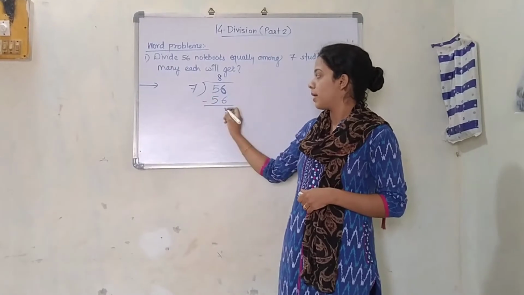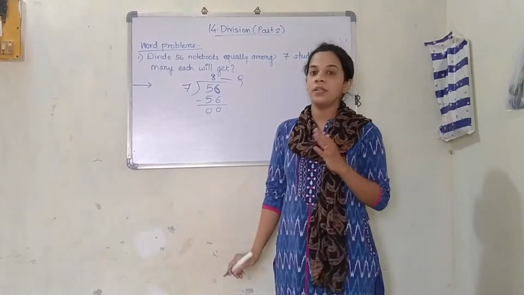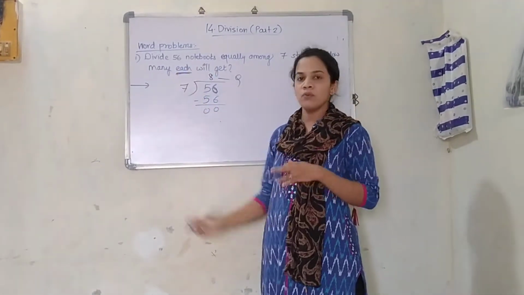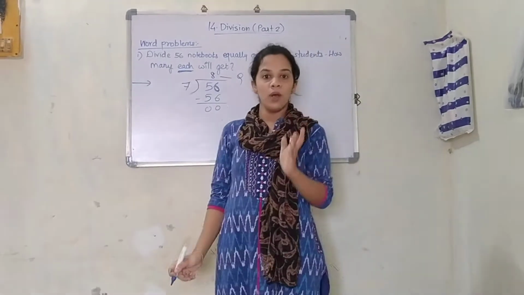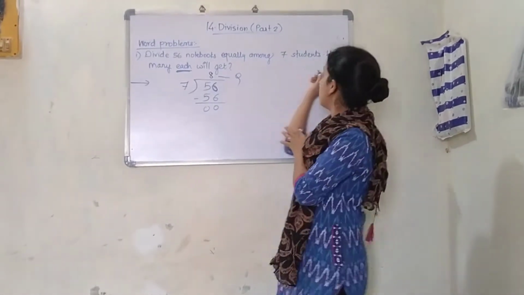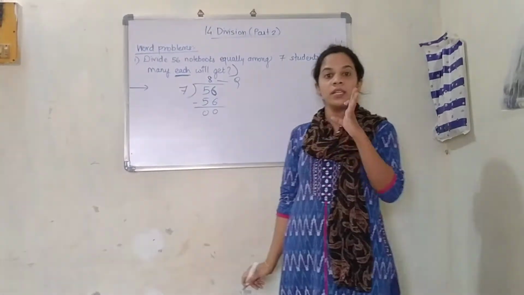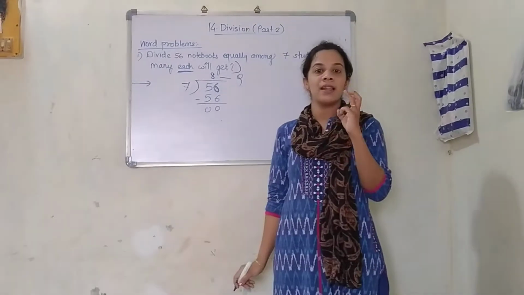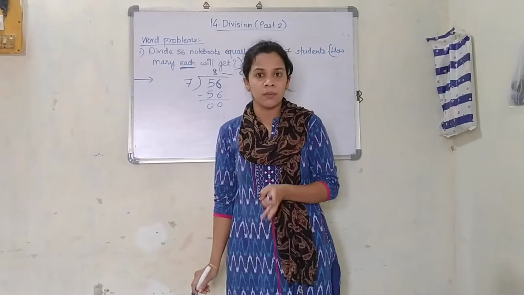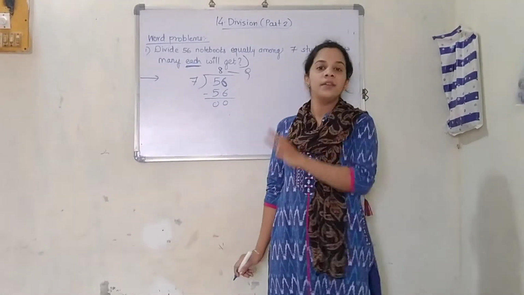So we are going to subtract this. So this will be your quotient. And what have they asked in the question? How many will each get? I have told you the word "each". If words like these are coming in the main question, from how many till this get, like "each" or "equally distribute among them", you are always supposed to do division.